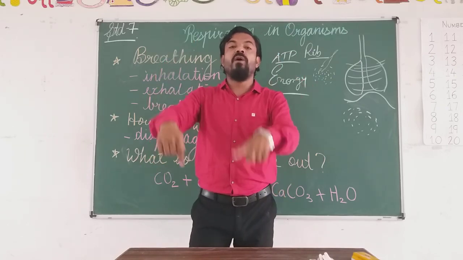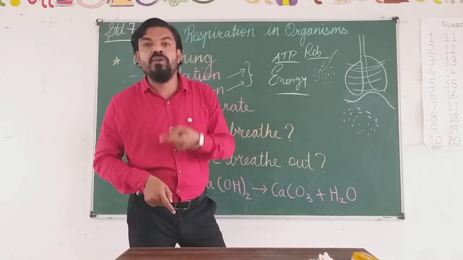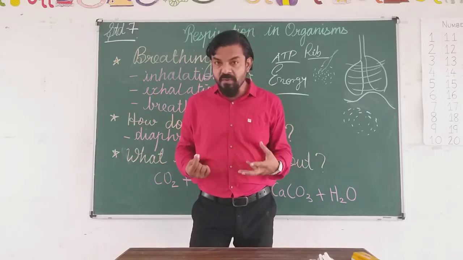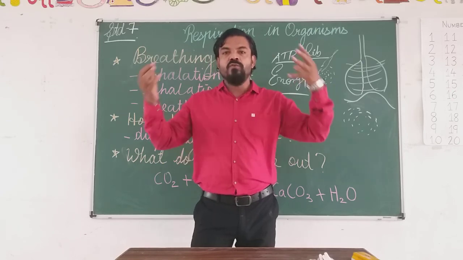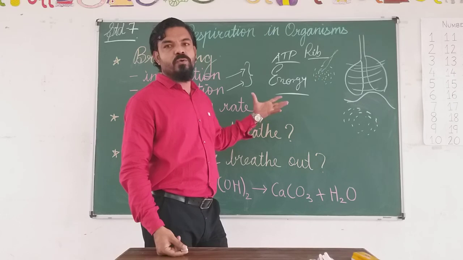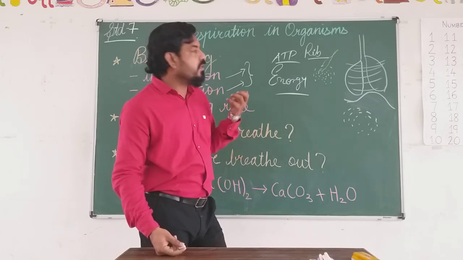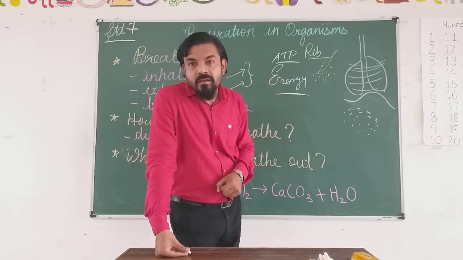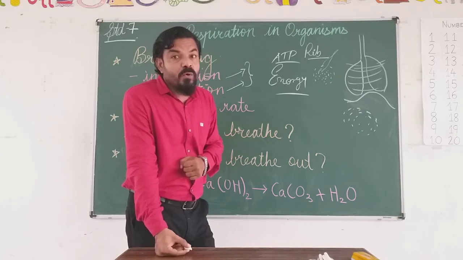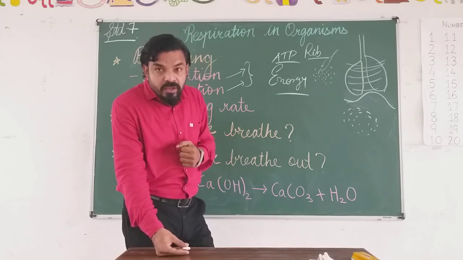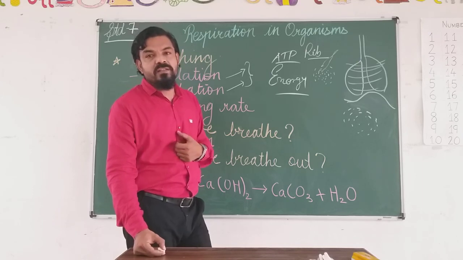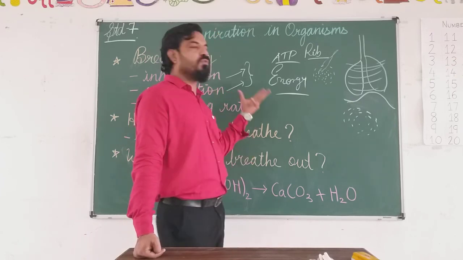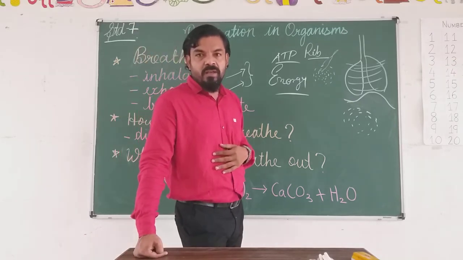Burning of anything always produces something. That is why water droplets are also produced, because our body contains lots of water. Is it? 70% of water is present in the blood. So once glucose burns, it gives what? It gives the energy and it also produces water. We already understand this point, how there is aerobic respiration. That is burning of the glucose. What does it produce? Energy and water. Yes, it produces energy and water in aerobic respiration.